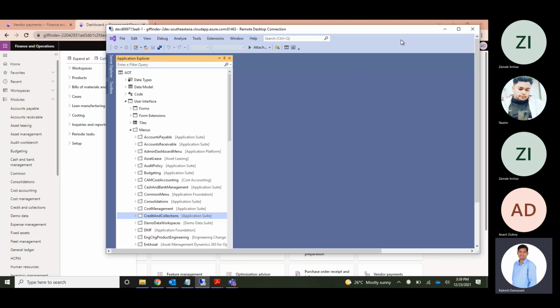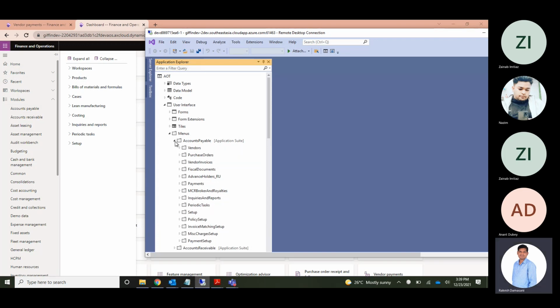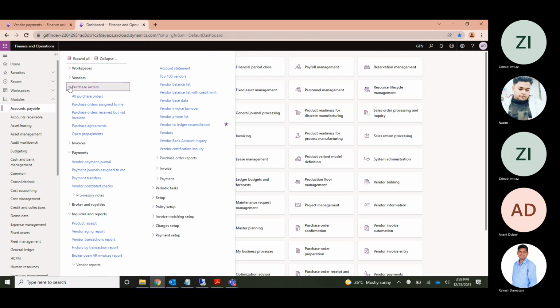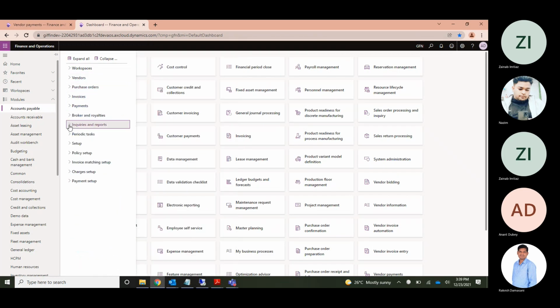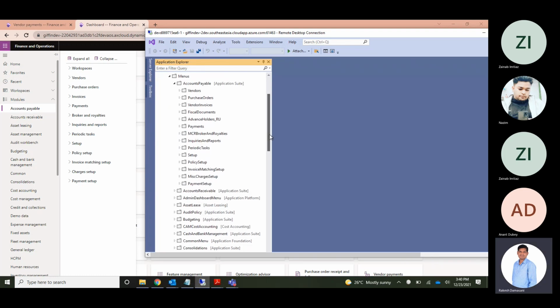Go to AOT, user interface, menus, and I think I have opened this for accounts payable. So it will be accounts payable. Again, it will be accounts payable. See, we have the same: vendors, purchase orders, invoices.